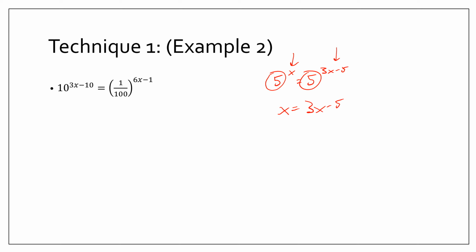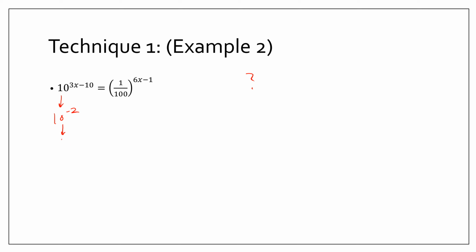The issue is this. I do not have the same base in both places. In fact, these bases are very, very different. One is 10, and one is 1 over 100. So what I need to do is make sure I can get the bases to be the same. How? Well, something I can't do is just say, oh, hey, let's do 10 to the negative